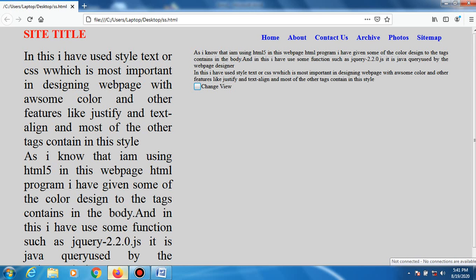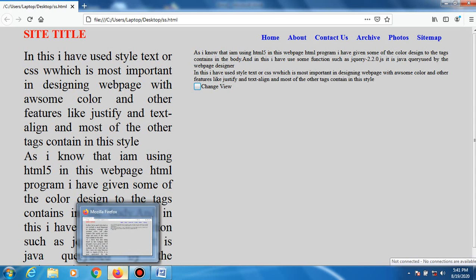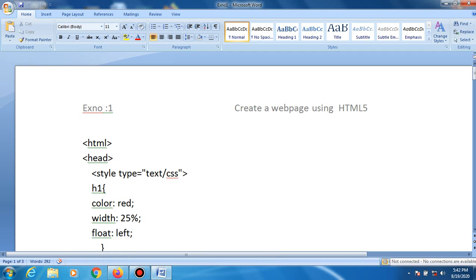Now, come to the point. What is HTML? All the programs that you have to write using HTML.